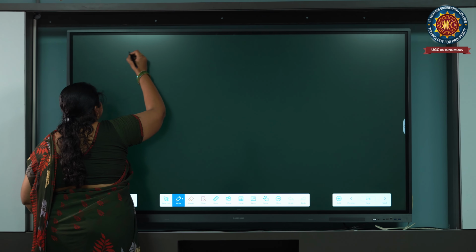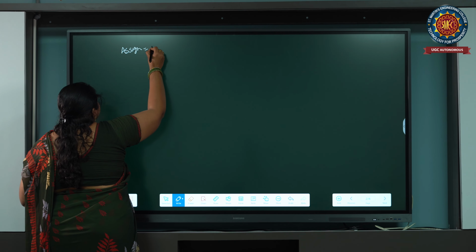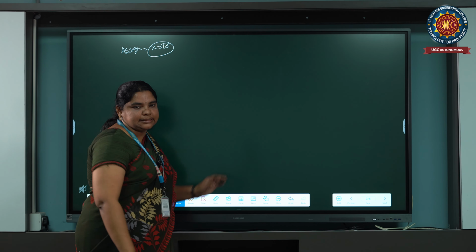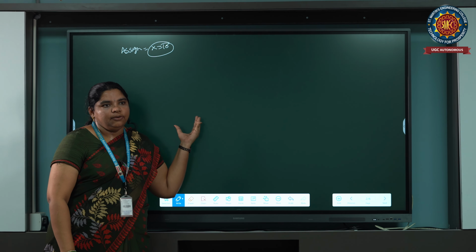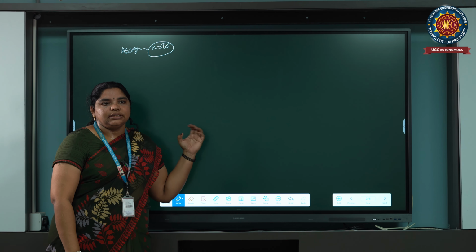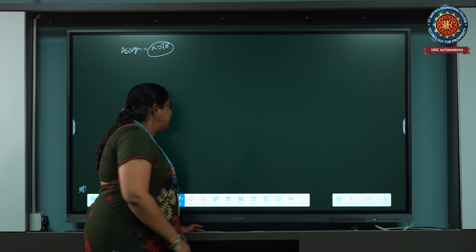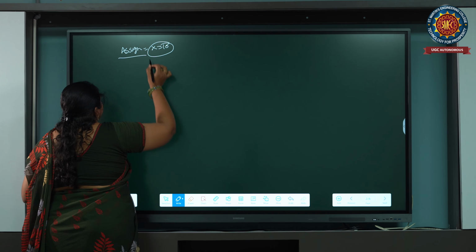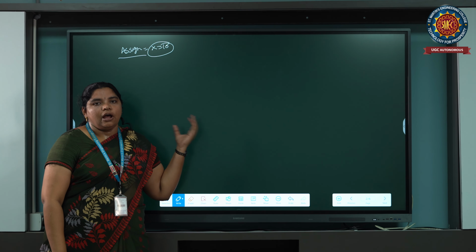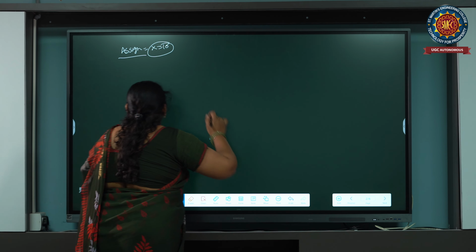Okay, so assignment is nothing but equal. We can assign a variable to a value. For example, take x equal to 10. So 10 is a value, and I can assign that value to the variable x. It is nothing but an assignment operator. So let's discuss how to use this assignment operator in programming now.